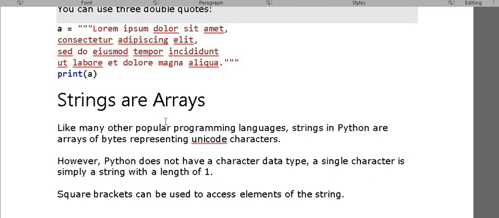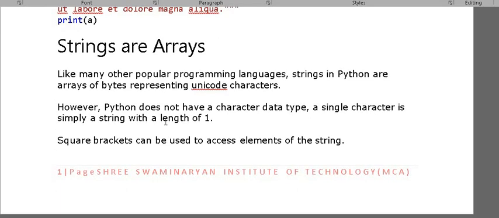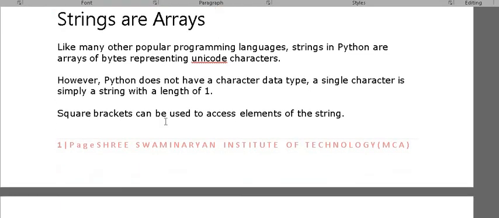Now, most important thing: strings are arrays. What do we mean by an array? Suppose I declare the variable str equal to a, then it is a character, that means one character.